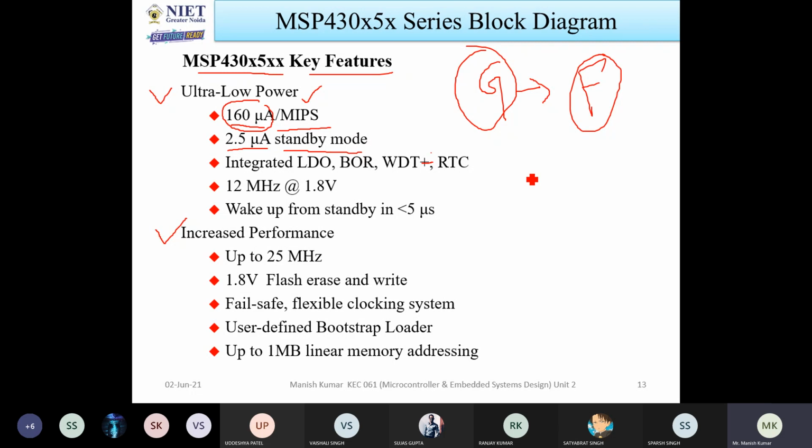So it will last for a long time, okay? Because it has the facility that whichever systems, components, or peripherals are not working, those peripherals can be switched off anytime with the help of clocks. If you are not supplying the clock to any peripheral device, that device will not work.